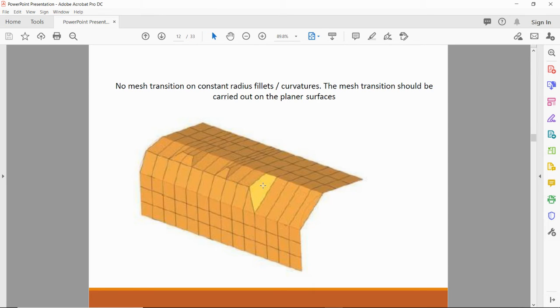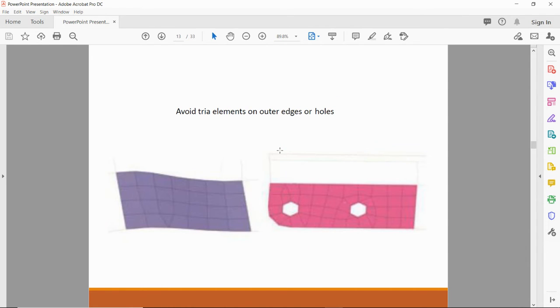So we have to consider the mesh transition. Avoid tria elements on outer edges or holes. We have seen that we have to avoid tria elements at stress concentration points. Basically the edges and holes are the stress concentration points, so we have to avoid tria elements at those points.